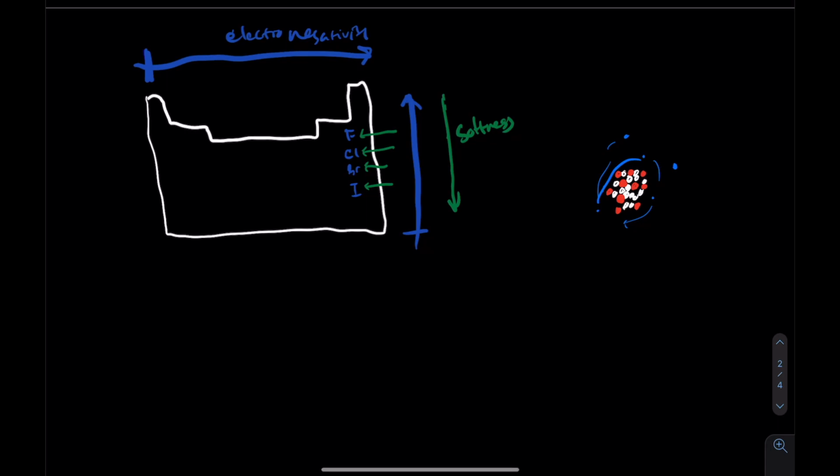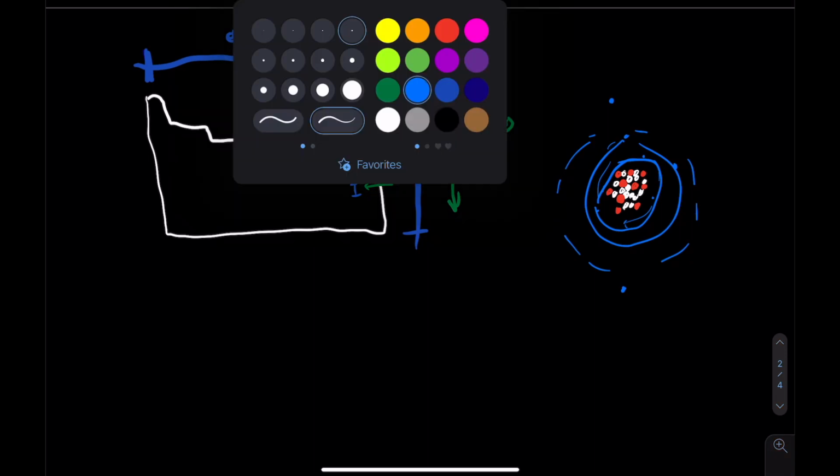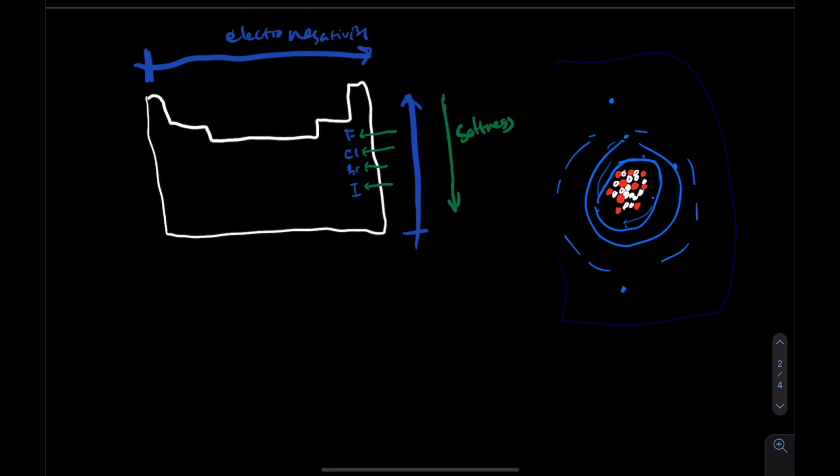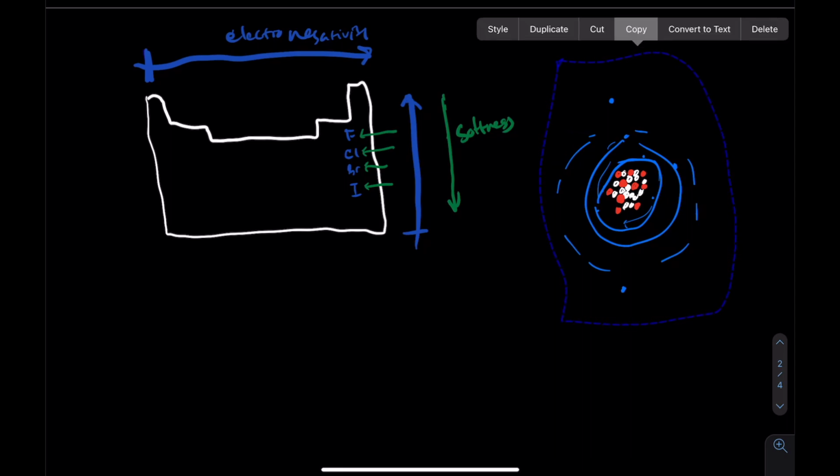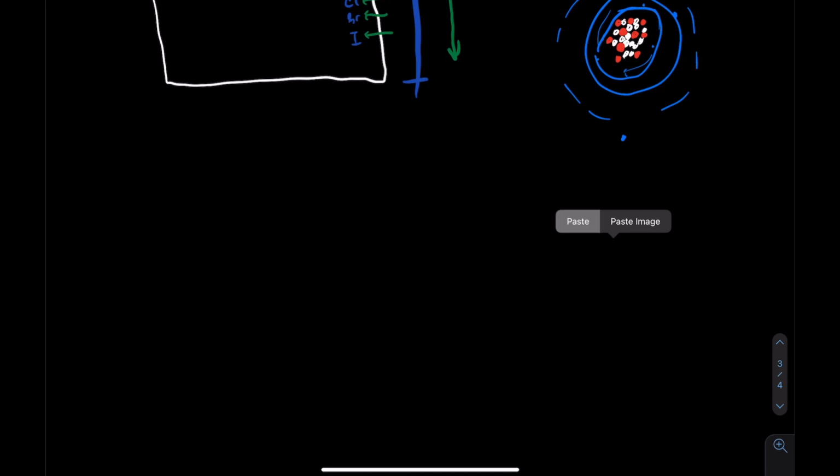So that's your first shell. Then you got another shell out here. Then you got a shell out here. And then you're starting to throw electrons all the way out here. And the electrons, as they move further and further away from the nucleus, actually feel the pull of the nucleus a lot less. And so what happens when an atom of similar disposition, shall we say, another rotund atom, comes